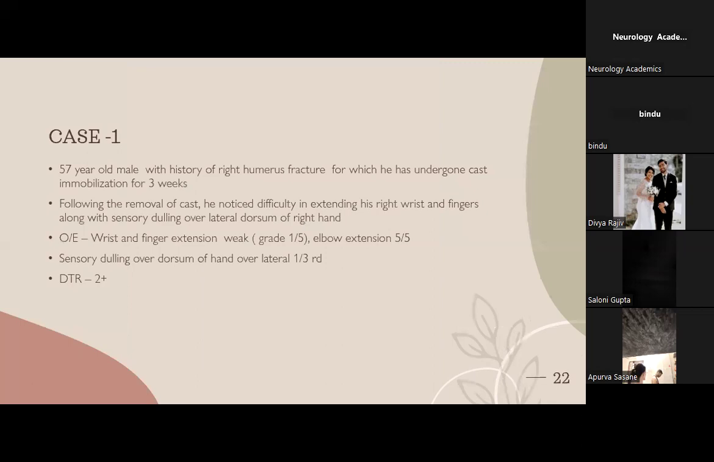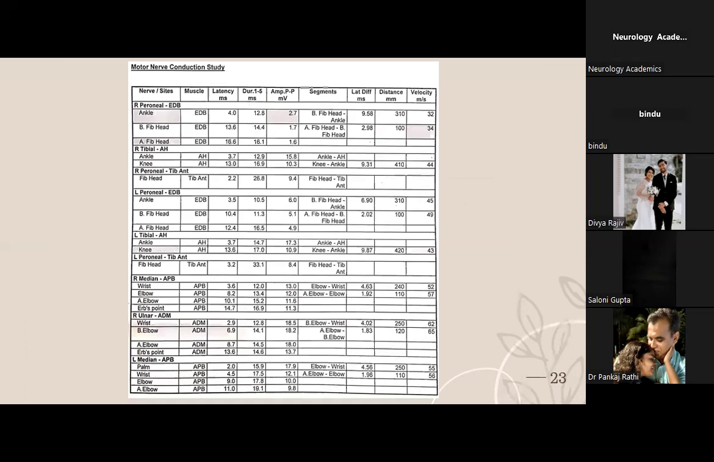The case here is a patient having a wrist drop along with sensory involvement. So involvement of the radial nerve is more likely, and it is before the level of bifurcation, that is into superficial and deep, because the superficial branch of the radial nerve supplying the lateral dorsum of the hand is also involved. So coming to the nerve conduction study,